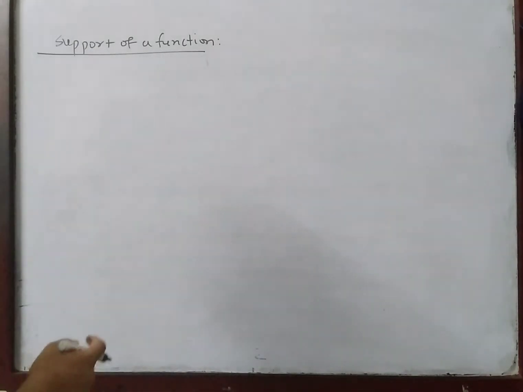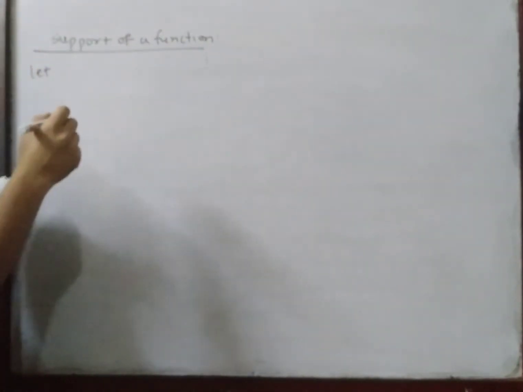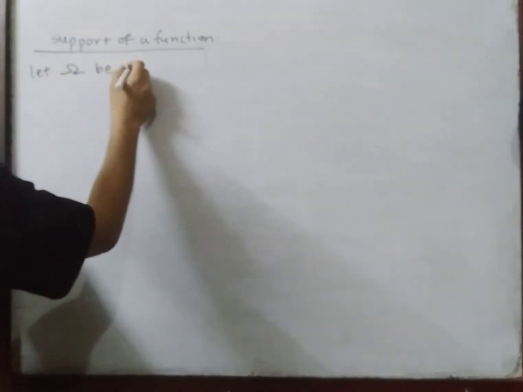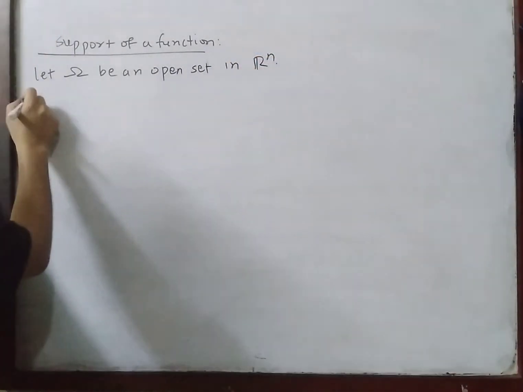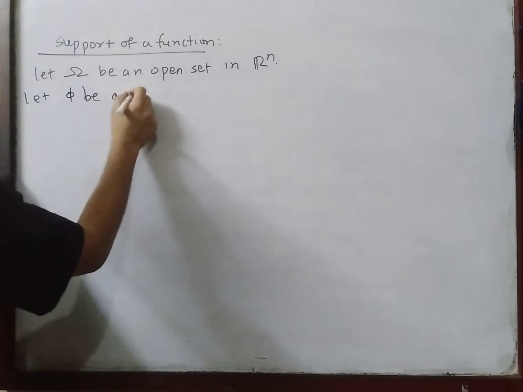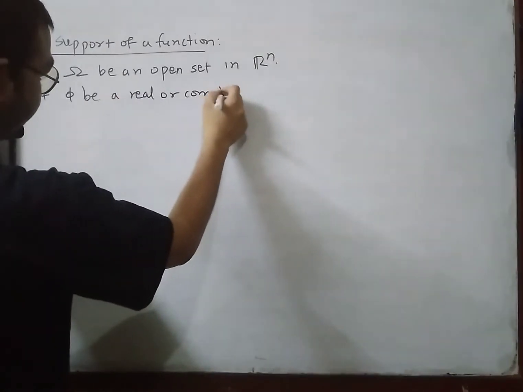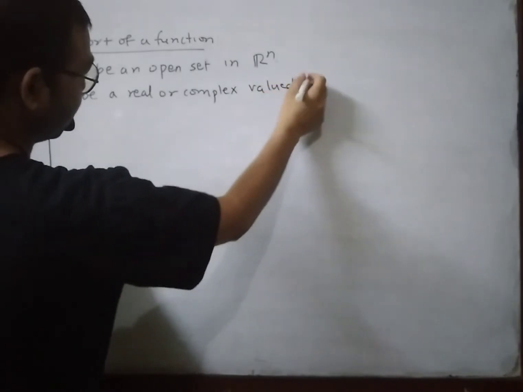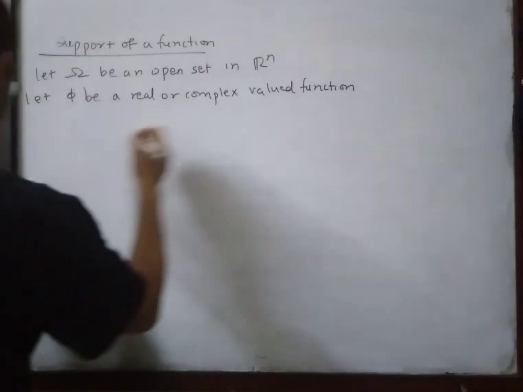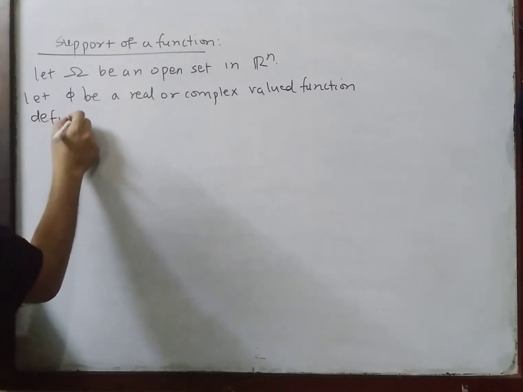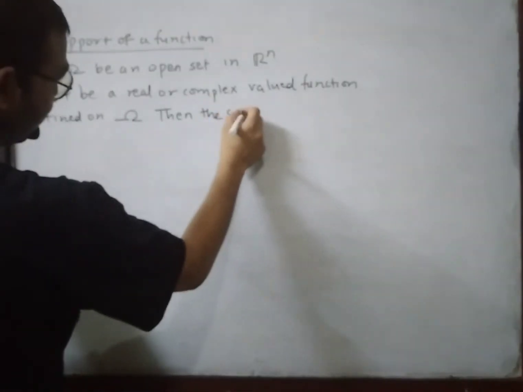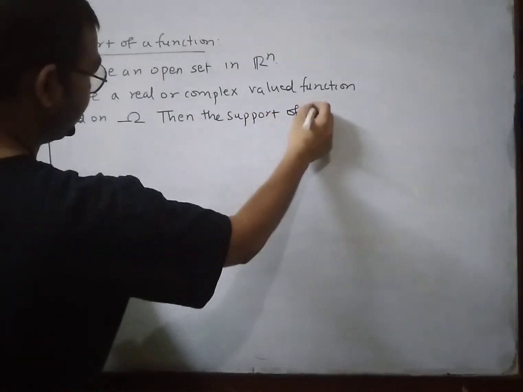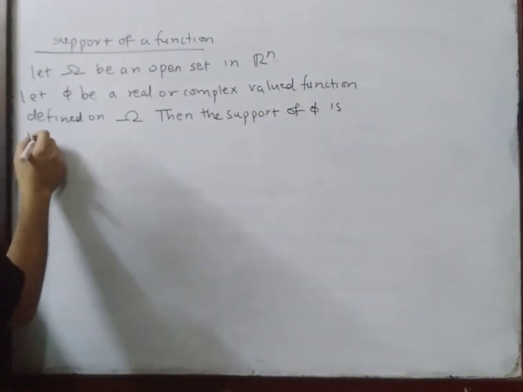Support of a function. Definition of support of a function. Let omega be an open set in R^n. Let phi be a real or complex valued function defined on omega. Then the support of phi is defined by,